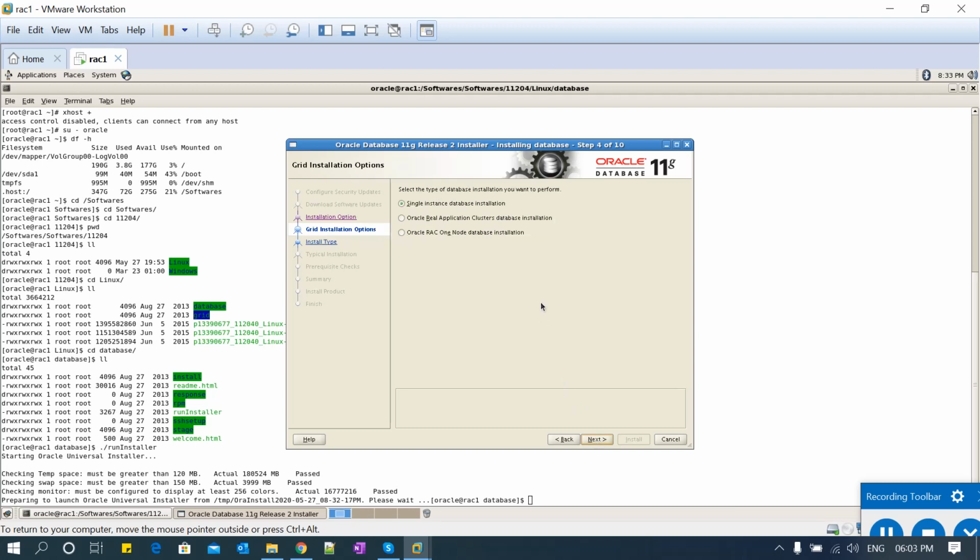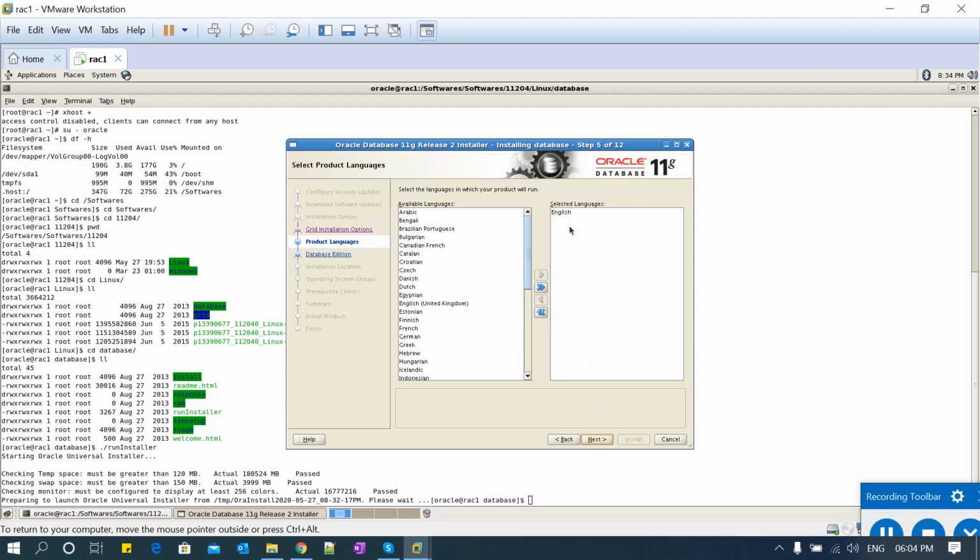You'll get three options: single instance database installation, real application cluster database installation, and RAC One Node database installation. Single instance installation is for a standalone database. For the real application cluster installation, if you are planning to install a RAC database, go ahead with that option. For RAC One Node, if you want high availability with the restart service, even though you are using a standalone single node and you want high availability using the grid software, go ahead with the third option. I'm not going to do the second and third right now, so I'm going with the single instance database installation.